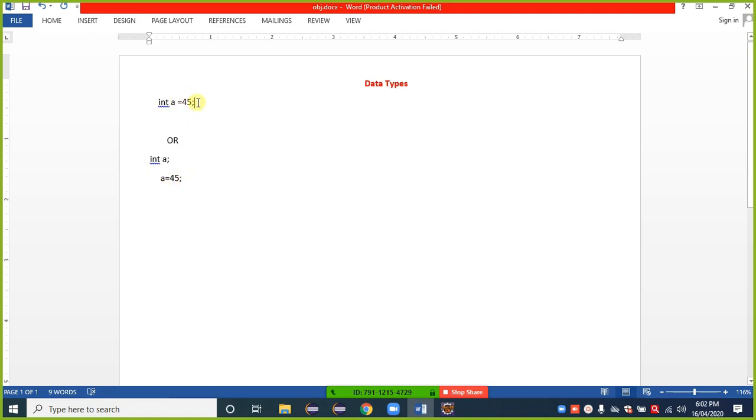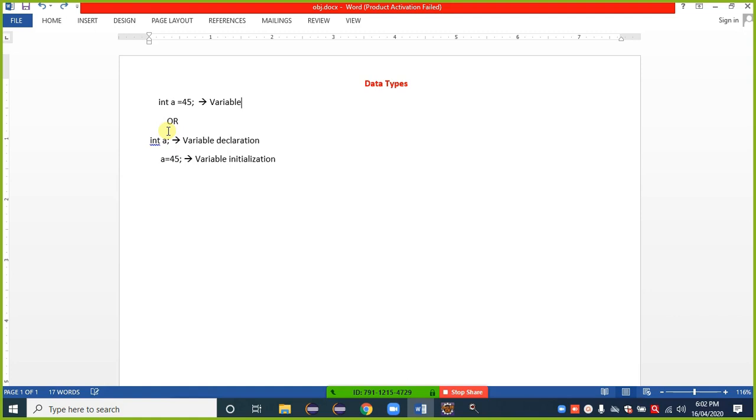This total is called a variable, and this one is called variable declaration, and this one is called variable initialization. Variable declaration and variable initialization we can write either way, as per our program requirement.